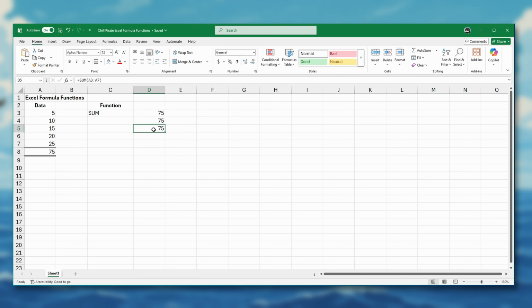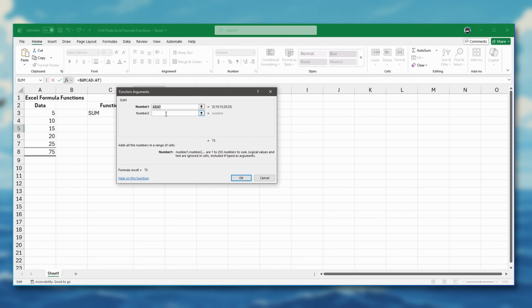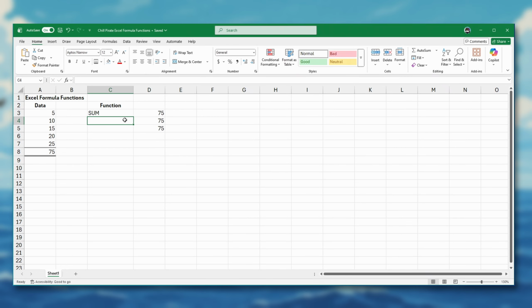I already have sum in here in this cell, and I can click this insert function, and because there's already a function there, it thinks you want to change this, and so I could change it if I want to. I'm just going to label these so we remember how we entered them. We entered this one directly,